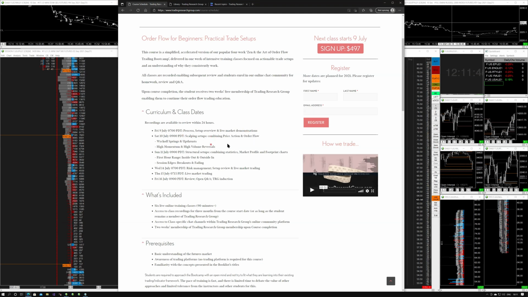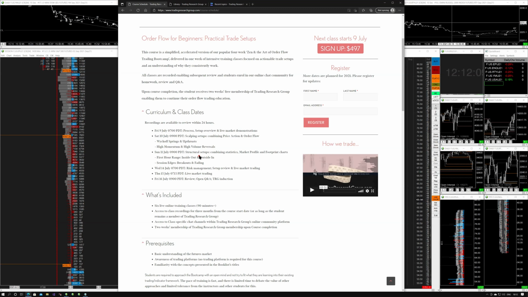On the next day, on Saturday, we concentrate on Jeff's price action scalping approaches. So we look at price action order flow. We deal with those Wyckoff springs and upthrusts, which we've spoken about, and we look at the high momentum and high volume reversal setups. On Sunday, we dive deeply into the trade setups based on market structure and the underlying